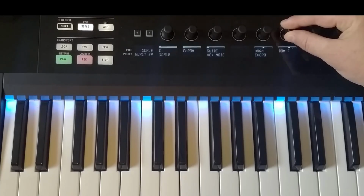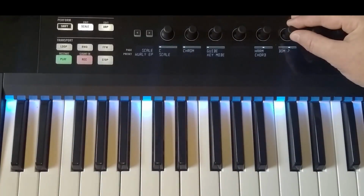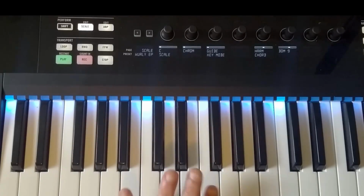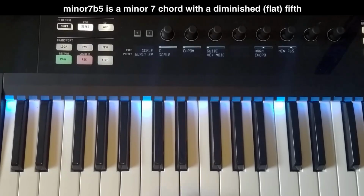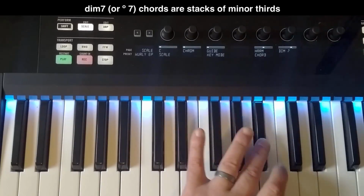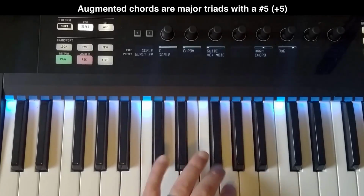So moving past that, we have dominant sevenths and dominant ninths, or 9 chords. Those are just a version of the dominant seventh used commonly in jazz and funk and blues. After that, we also have minor 7 flat 5 or half diminished sevenths, diminished sevenths, augmented, which is a major chord with a sharp 5,